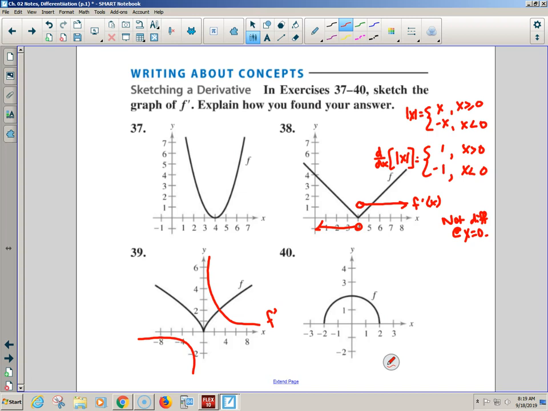Kyle, why did you say this one was easy, even though it wasn't for everybody? Because I might or might not have used the power rule, knowing that that's x squared. Whenever you take the derivative of an x squared, it becomes a line, right? Yes. And what kind of x squared was this? A positive one. So what kind of line am I going to have? A positive one. So do I just draw a line? No.